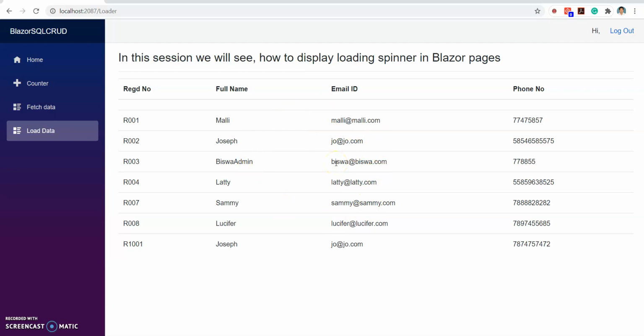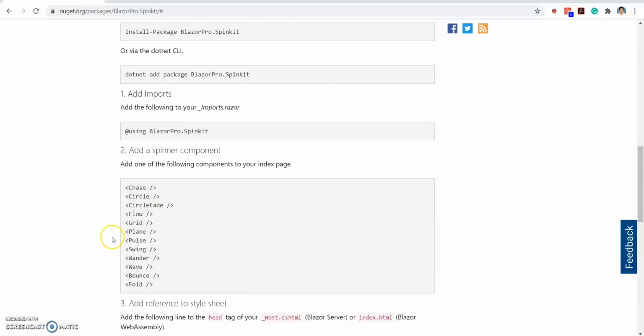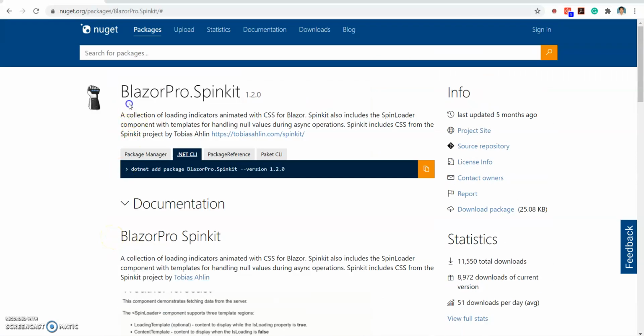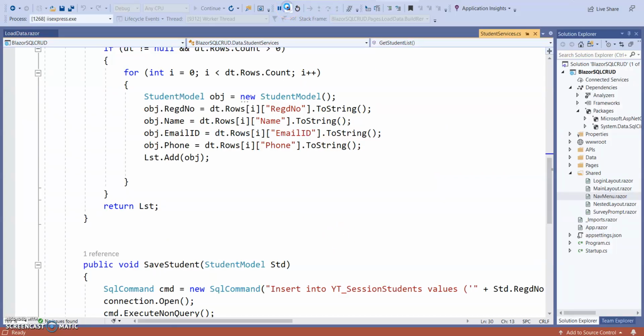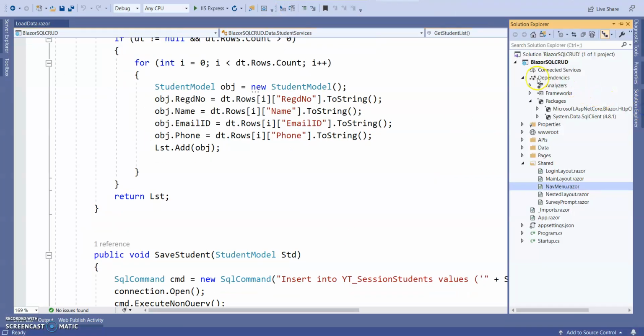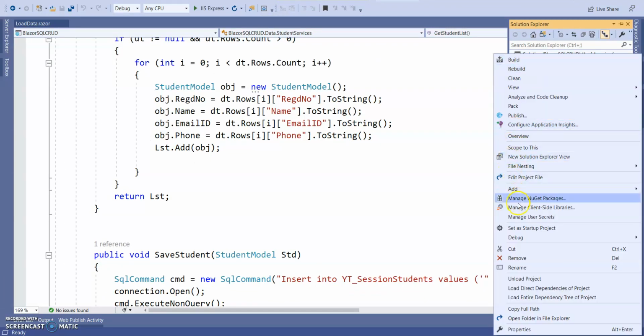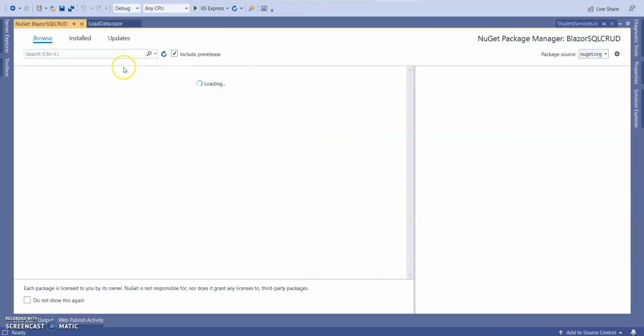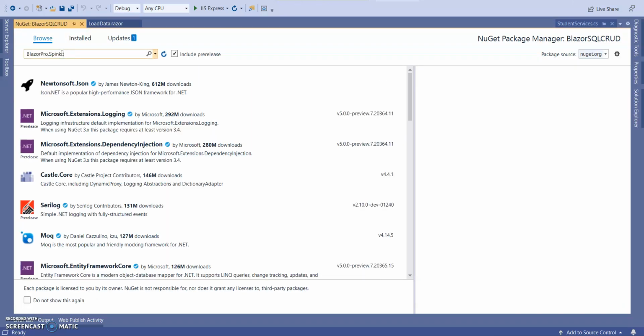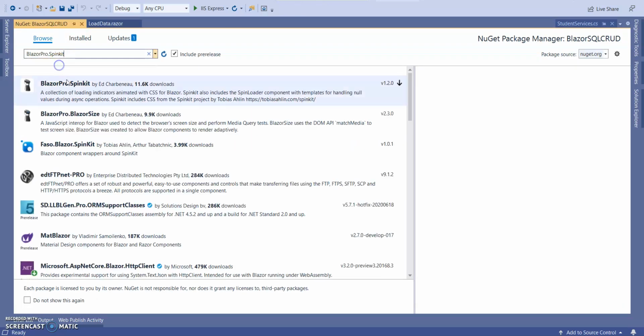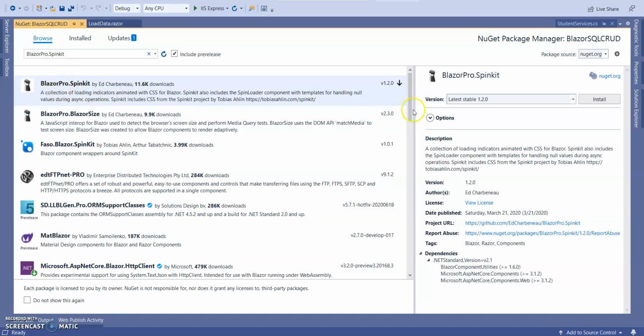So for that, while this loading part is processing, I want to display a loader, a processing image. For that, let's go to NuGet package management and we will add this Blazor spin kit into our application. Stop the application from running. Right click on your application, manage NuGet packages, search for it, the first one is coming.